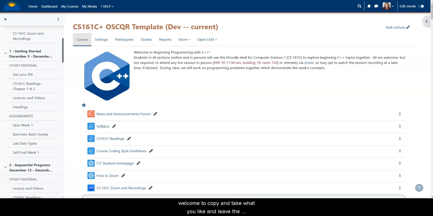You're welcome to copy and take what you like and leave the rest. You don't have to teach it this way. This is just the suggestion we have for you and the information that we have. Some of the things that we've changed from the previous version, and if you prefer the previous version, I